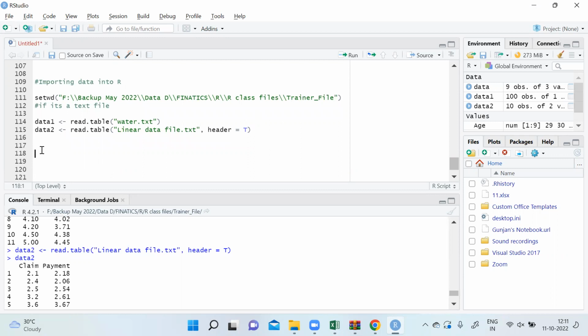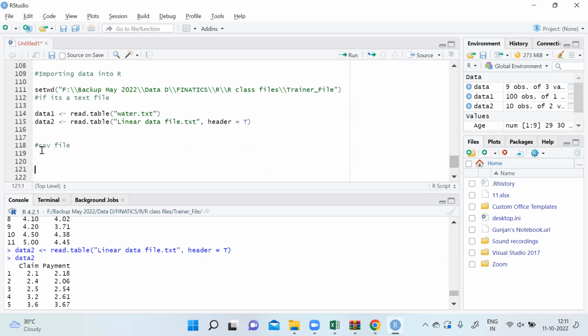Next, importing a CSV file. If it is a CSV file, again, the header by default is true. For a CSV file, the default header is true. If the file does not have a header, we write header equals to false. So for a CSV file, we write read.csv